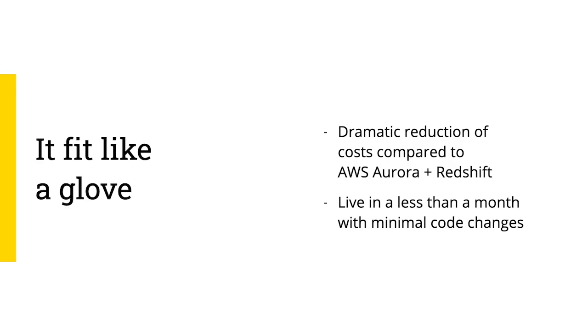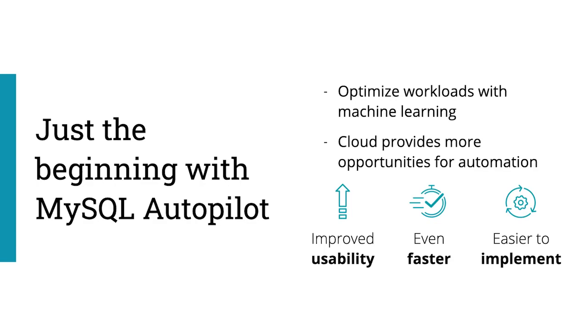And I'm considering here all the testing, all the iteration, everything we needed to do to use this brand new technology. And all of this feels like just the beginning. We're testing now MySQL HeatWave Autopilot. It's a feature that applies machine learning to optimize workloads. It's built inside HeatWave to make queries faster and easier to use. And of course, the fact that it is inside the Oracle Cloud provides much more opportunities for automation. And we're already thinking how we can improve our software with this whole new infrastructure.